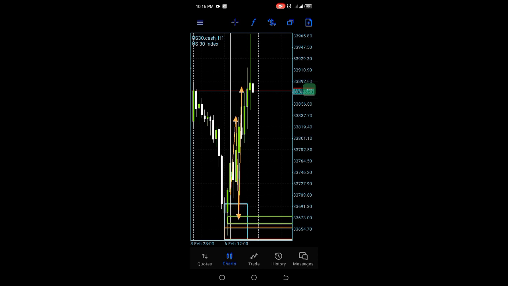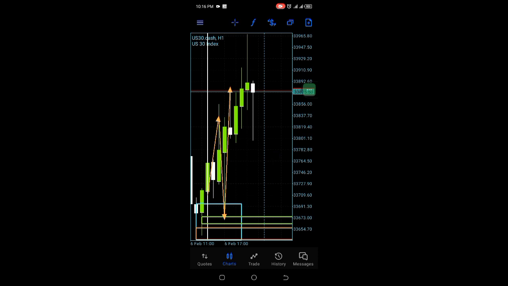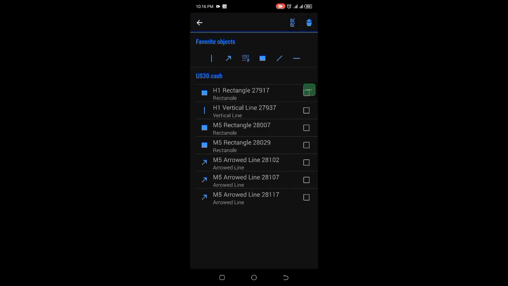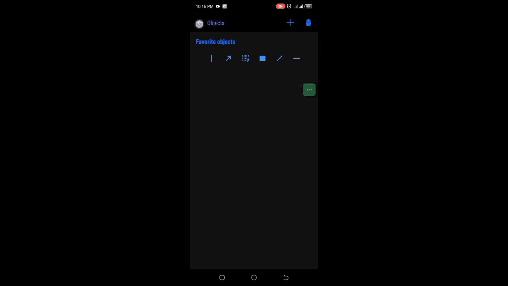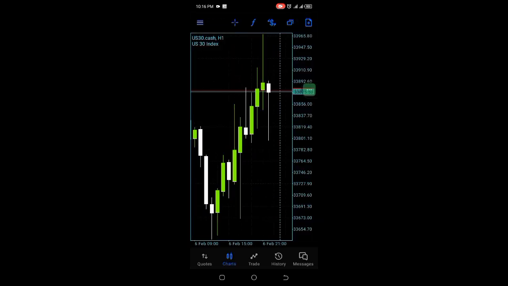But this is what we did today on US30. It is huge, guys. It is huge. So easy, so easy. And I want to quickly say this. Okay, you can see